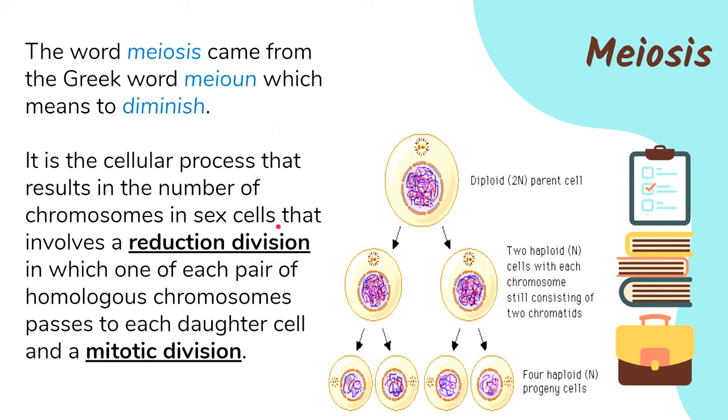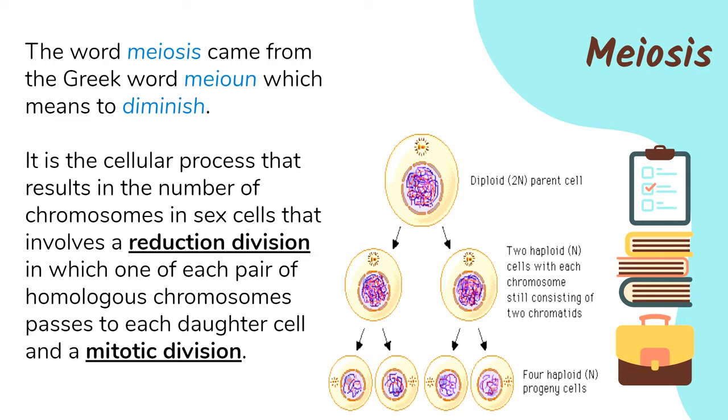Meiosis is exclusively performed by gametes or sex cells in the body. So in humans, meiosis is performed by the egg cells found in the female ovaries and sperm cells found in the male testes. Okay, so all the cells in your body perform mitosis as discussed in the previous video. Brain cells, skin cells, lung cells, pancreatic cells, kidney cells, they all perform mitosis. So all the body cells perform mitosis. Only your sex cells, so egg cells for females and sperm cells for males, only those kinds of cells perform